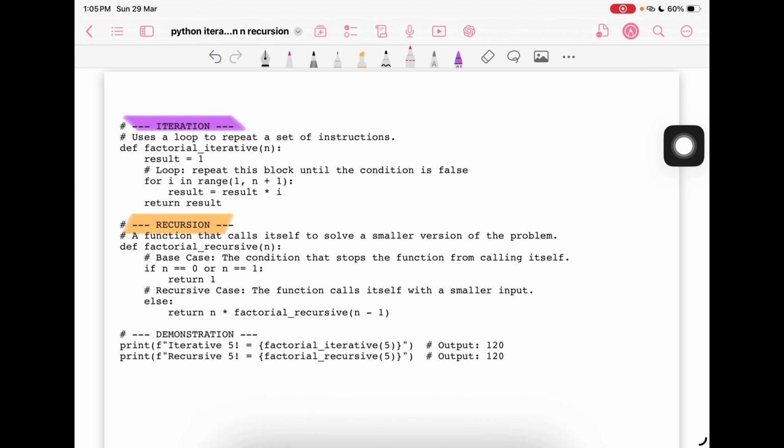So today I'm going to show you the difference of concept between iteration and recursion. We'll be examining two functions that do exactly the same thing, which is calculate the factorial of a number. The factorial is written as n with an exclamation mark, meaning multiplying all positive integers from 1 up to n. For example, factorial 5 equals 5 times 4 times 3 times 2 times 1, which gives us